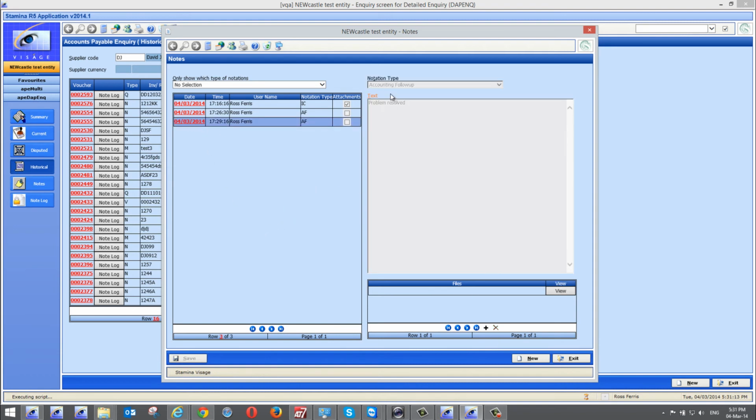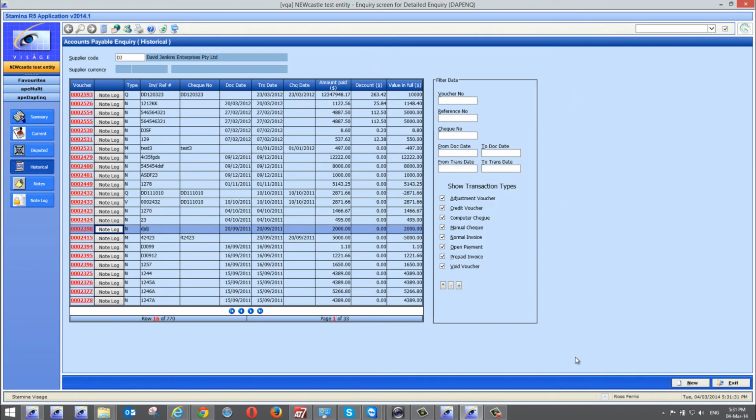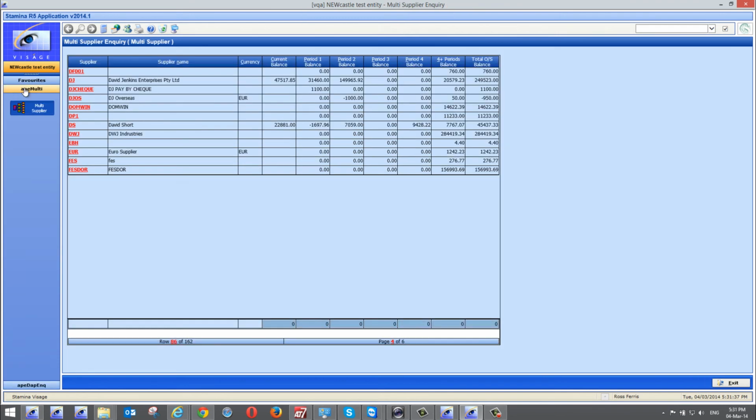And as I said, making an entry against, in this case, a voucher or a supplier, you'll find note logs littered throughout the system. It's just a case of recording what type of thing it is, putting some text in, maybe attaching one or more files associated with it, and bingo, filing's done, and it just makes life a whole lot easier for people moving forward. Now, we did say that we'd go and have a look at some overseas suppliers just to see